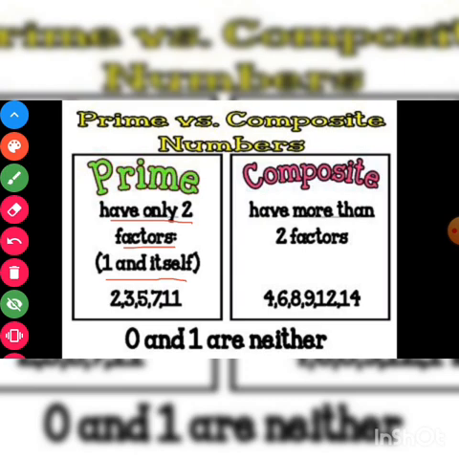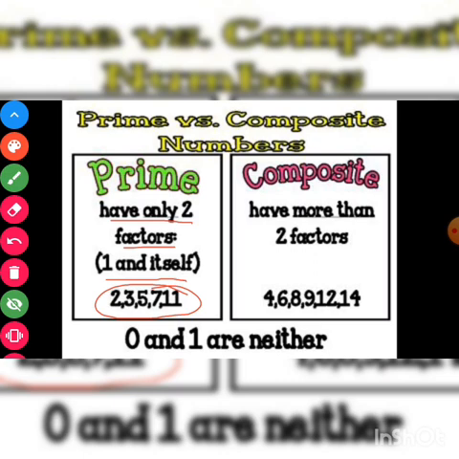Some examples of prime numbers are 2, 3, 5, 7 and 11. If you see, 2 is divisible by itself and it comes in the table of 1. So it has only two factors, so 2 is a prime number. Similarly, just go through 7. 7 comes in the table of 1 and only 7. So 7 is also a prime number because it has only two factors.